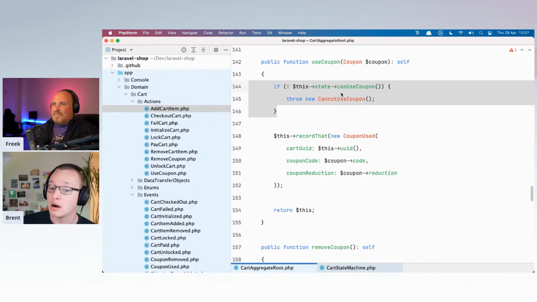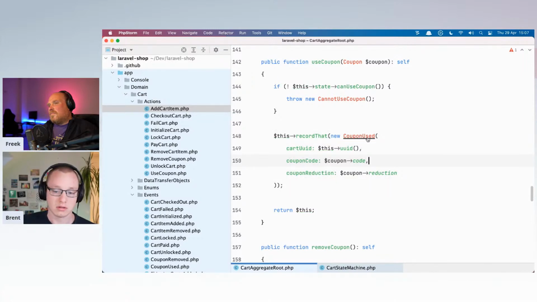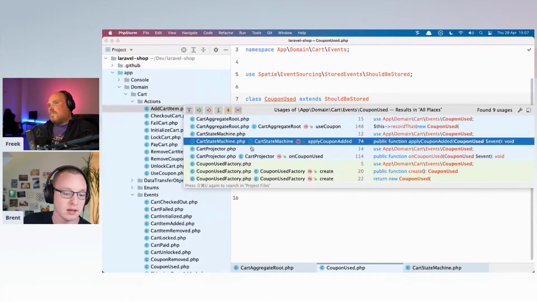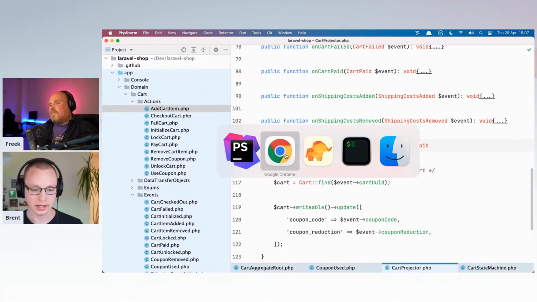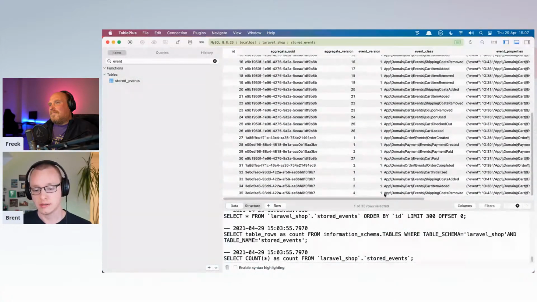But if we are allowed to add coupons, we can record an event, and that event will result in quite a lot of side effects. Well, in this case, there's probably only a few. Let's actually look at what happens here. There's a card projector. And before looking into that, because we have this stream of events, right?